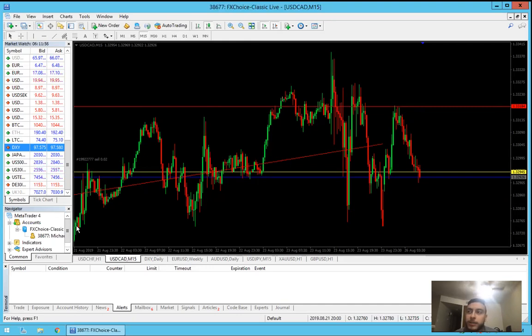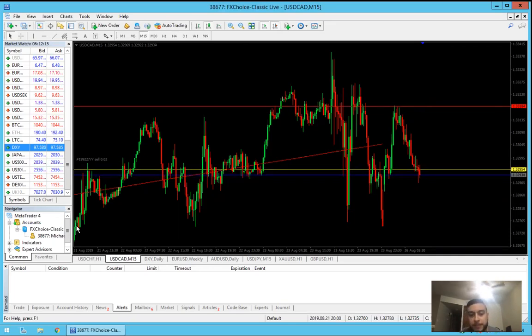The market closes Thursday at 2 p.m. Pacific Standard Time, and then reopens Sunday at 2 p.m. Pacific Time. It's really not that much time of movement, so you can see what's been happening. But definitely 15-minute is where you want